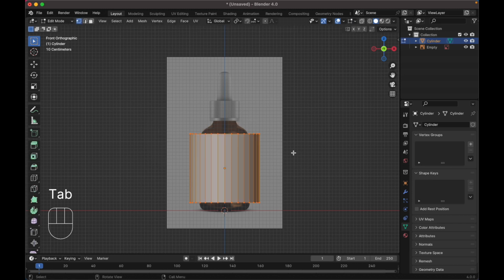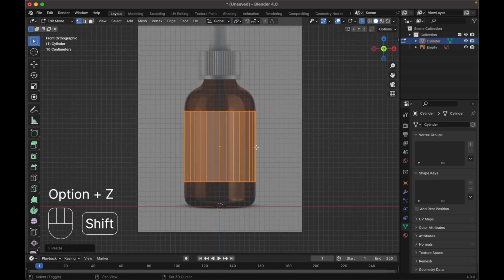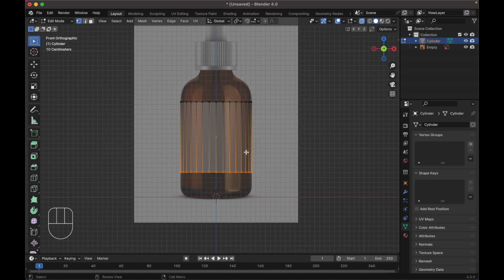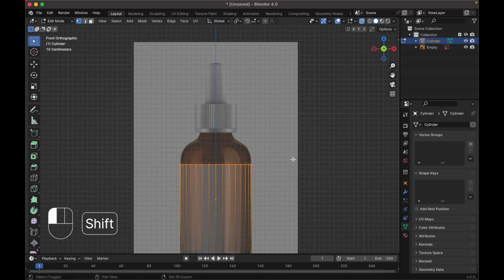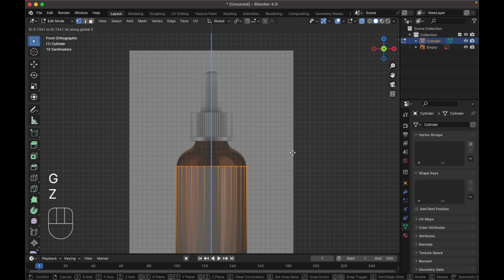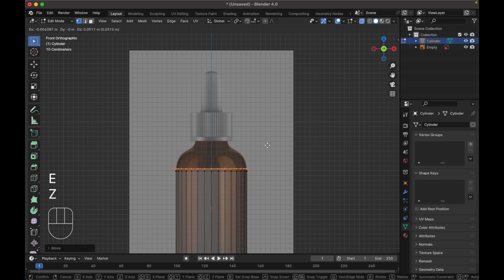Press Tab to go to edit mode, scale it down, press S, like this. Press Alt Z to go to the X-ray view, select this edge, press G, Z, over here, select this edge, press G, Z, here, press E to extrude, Z, to extrude on the Z-axis, scale it down, press E, Z, scale it down,